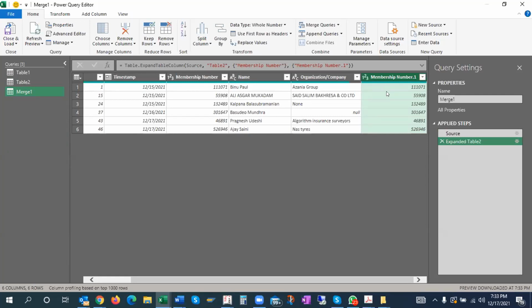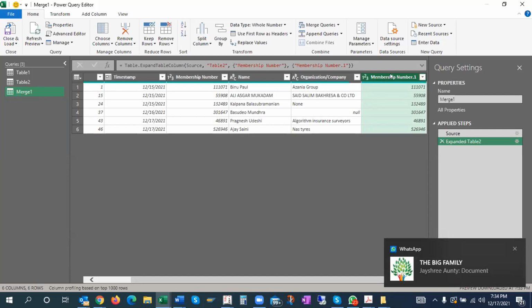Can I raise a question here, please? Yes, sure. When you were choosing, first you opted for table 2 and then table 1. And then in the second case, you had chosen table 1 first and then table 2. Will this have any impact if we choose alternatively either table 1 or table 2? I mean, will the sequence matter or will there not be any impact?